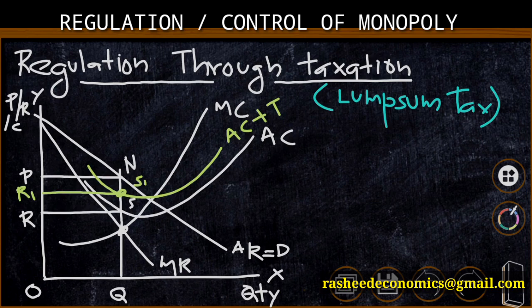The reduced amount of abnormal profit is going to the government, but there is no advantage to the consumers because there is no change in quantity or price. As compared to specific tax, lump sum tax is superior, but lump sum tax is also not a good method to control monopoly because there is no reduction in price of the commodity. No relief can be given to the consumers even after taxation.